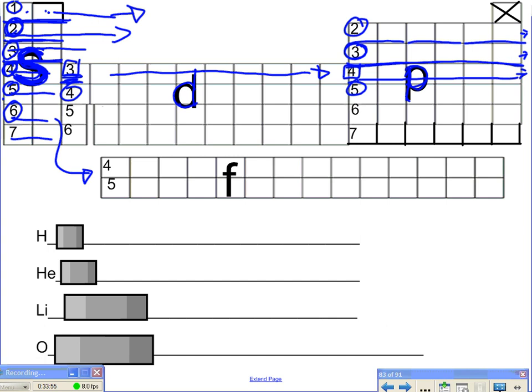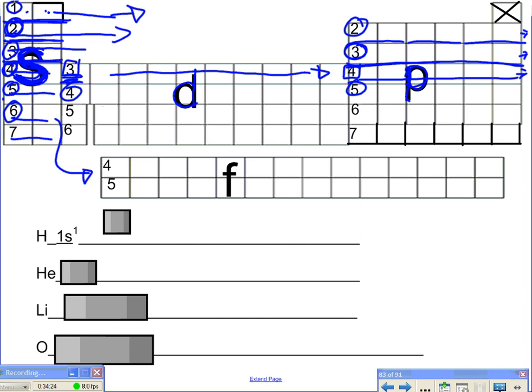So the fifth energy level has already got electrons in its S and its P sublevels, and the S gets 2 electrons in its S sublevel before the fourth one ever gets any electrons in its F sublevel, because it's just so large and it takes so much energy to put electrons there. So if I'm going to do the electron configuration for hydrogen,